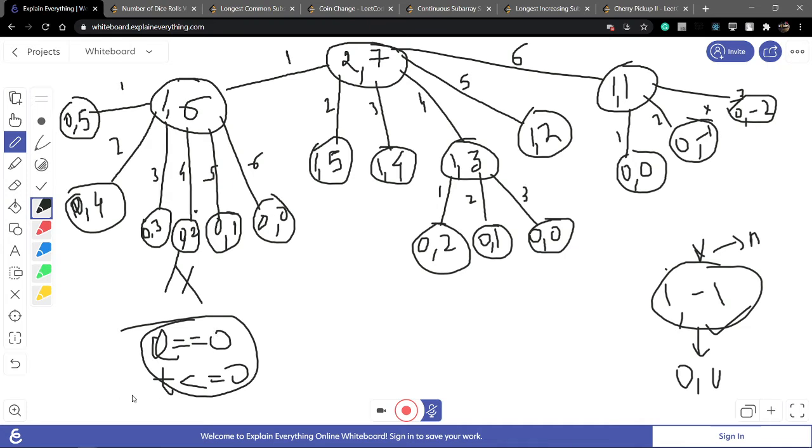Not possible, so I have no return; that means not possible, so they have no possible way. If there is no possible way, I write 0. Why? Because it is not possible. And what is the possible condition? When target is 0 and dice is 0, like this condition, like this condition, like this condition. This is a positive way and this is perfect.